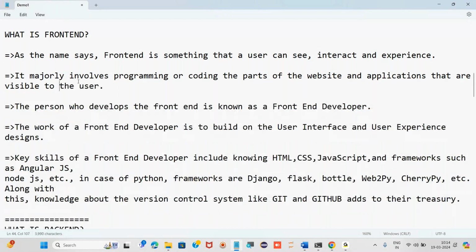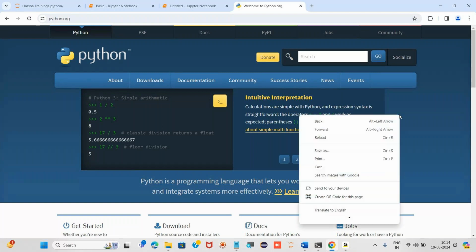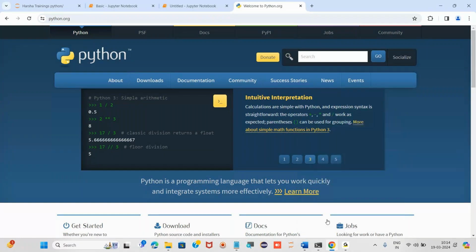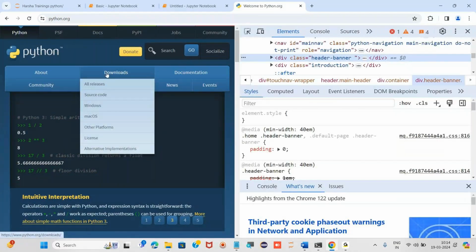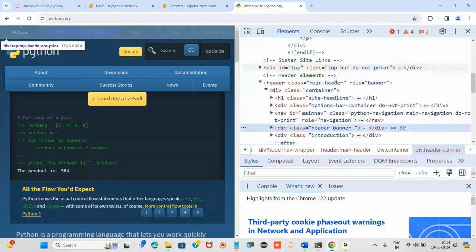it majorly involves programming or coding the part of the website and application that are visible to the user. Now the same example I'm giving you, behind this whole thing there is lots of programming, right? They have done lots of programming to create this website. If you want to see, not everything we can see, some part is confidential here. Everything has a particular block of code, right? If you can see this, how amazing they have written this. If you see this,